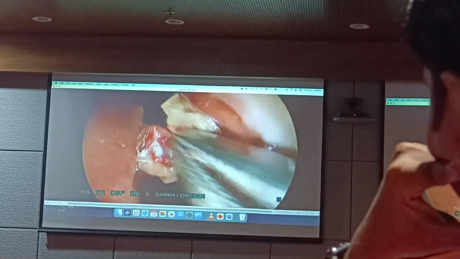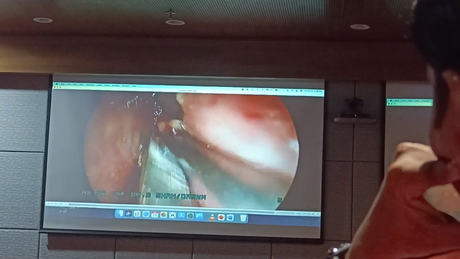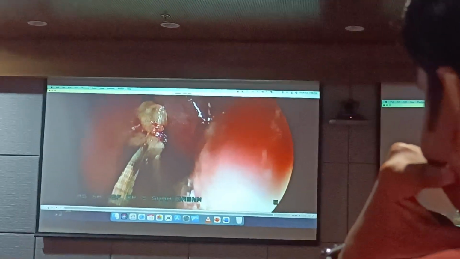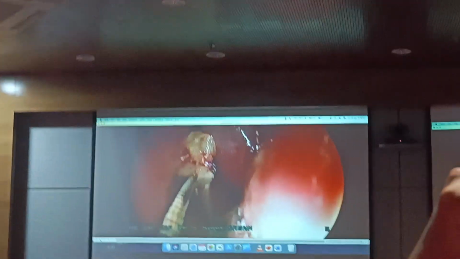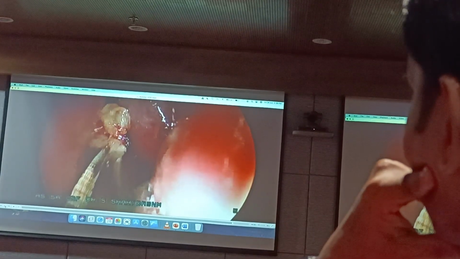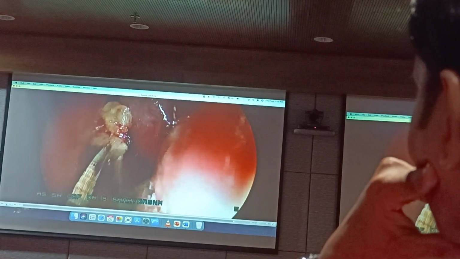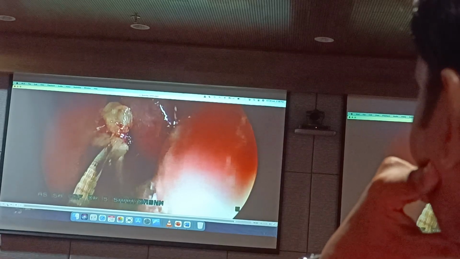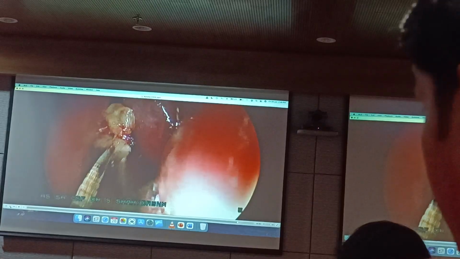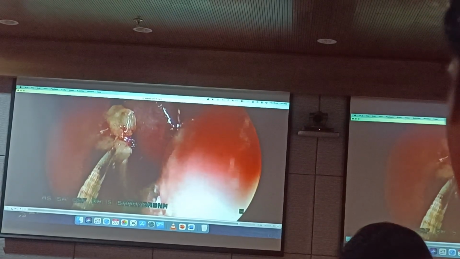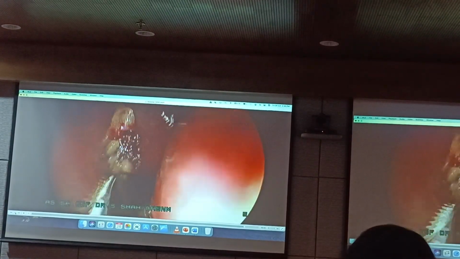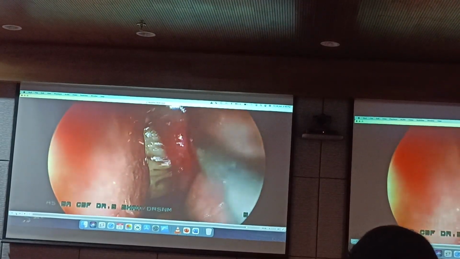And then you put one more layer of fat. Why do you want this? You've repaired it nicely. Your repair is going to stay well in place. But you put this fat because when you're putting a pack, this fat will act as a buttress. So when you remove the pack, all the gel foam will not stick to it and come out. Because we've put glue, we've put gel foam. If the pack abuts against the gel foam, when you remove the pack, the whole thing is going to come out. So this fat is going to act as an additional buttress for your pack so that your repair remains in place.